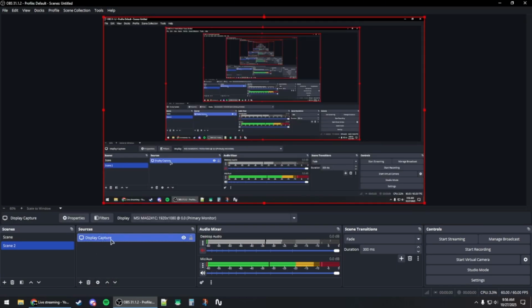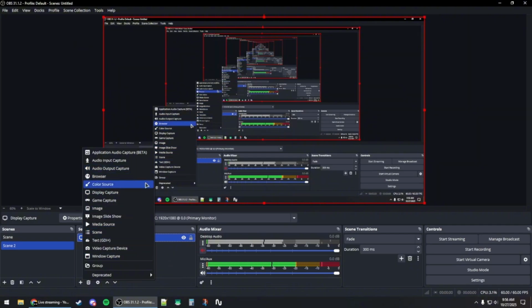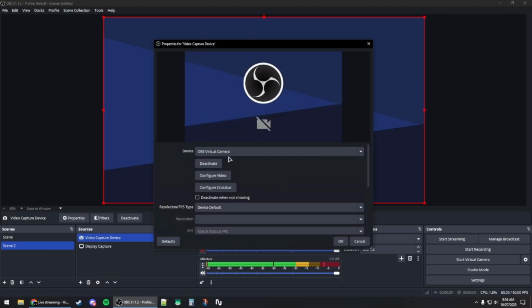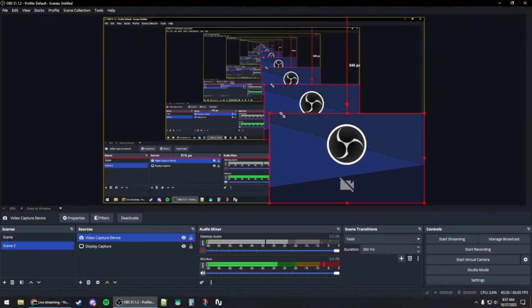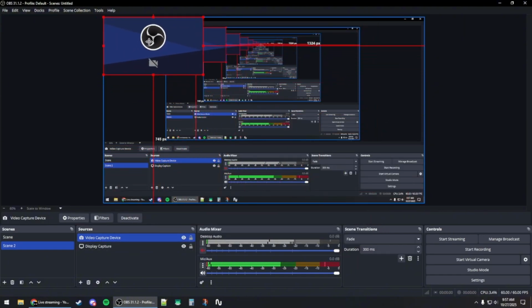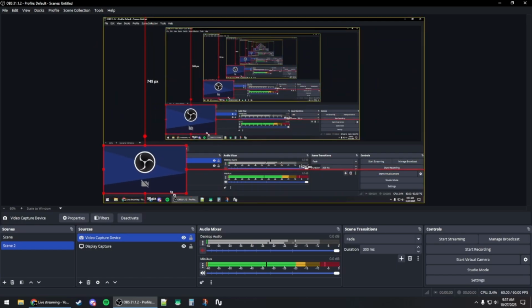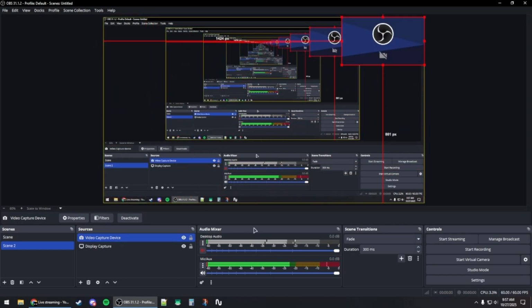And once you set up your scene for sources such as the screen and the camera and stuff like that, you can also click on video capture device to add a camera, and then just select your camera device and add it, and adjust the size and the place where you want the camera to be placed, like this on the top right. And once you're done, you can simply adjust your audio settings as well here for the mic and the